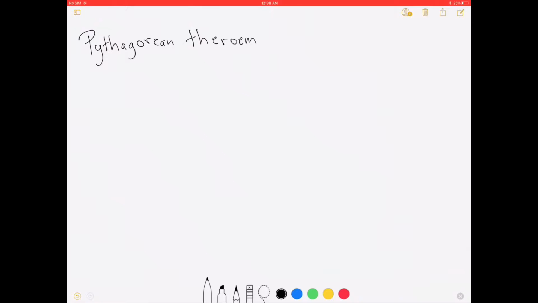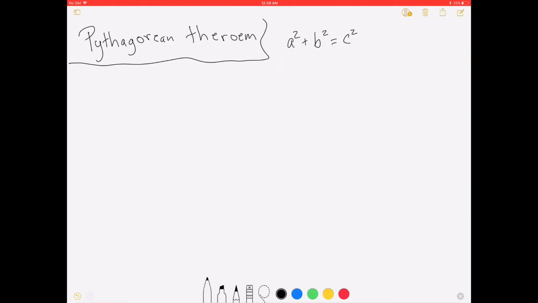So today we're going to learn about the Pythagorean theorem. Pythagoras was an ancient Greek mathematician who discovered things such as the golden ratio, which is involved in music, but also discovered a formula, a squared plus b squared equals c squared, to help us find the different sides of right triangles. So let's draw us a little right triangle,